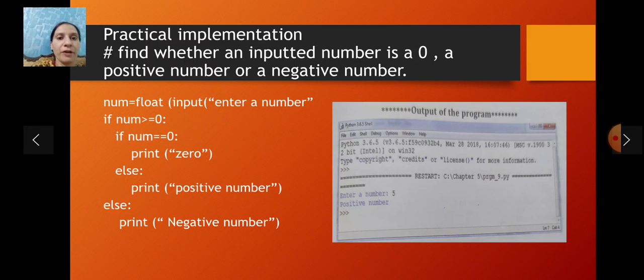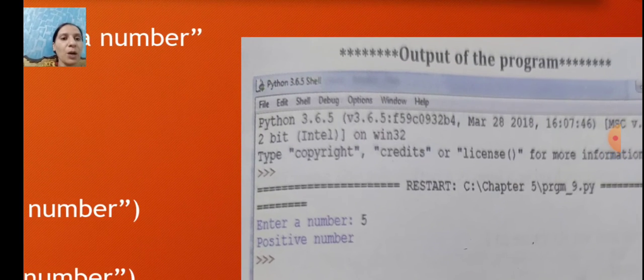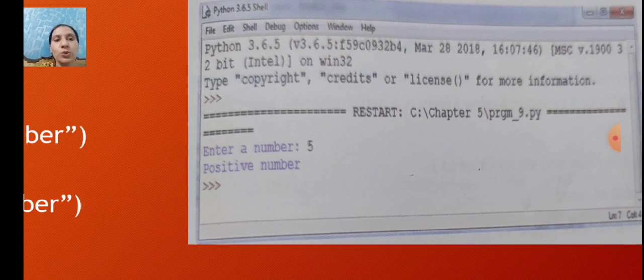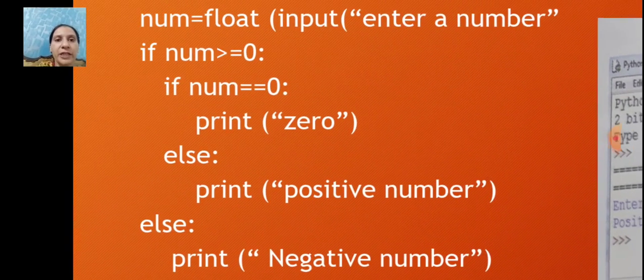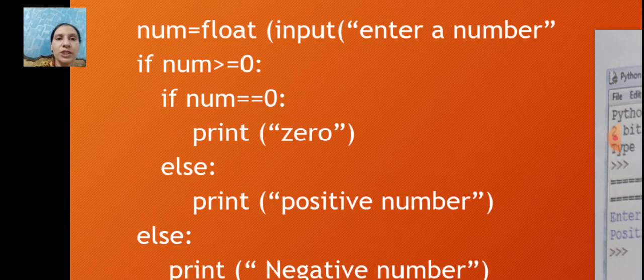Now see, when we run this program, we get the output like this. It asks to enter a number. Suppose we put 5, then we have entered 5. It checks if the number is greater than 0. Yes, 5 is greater than 0. If the number is equal to 0, no, the condition is false. Then we move to the else part, and it prints positive number.